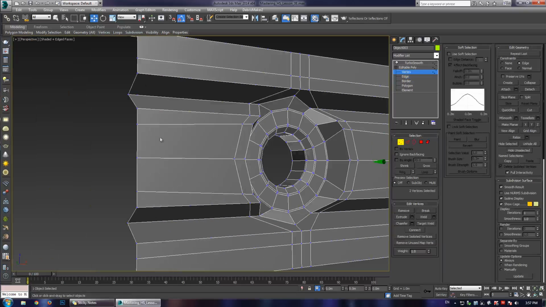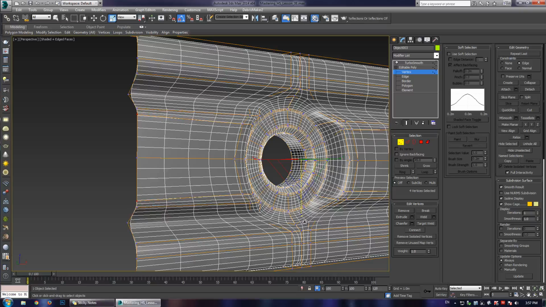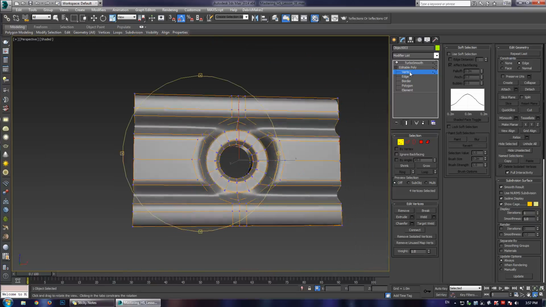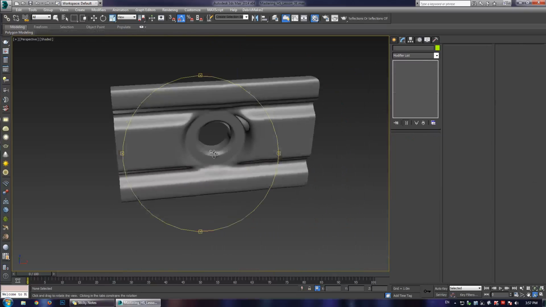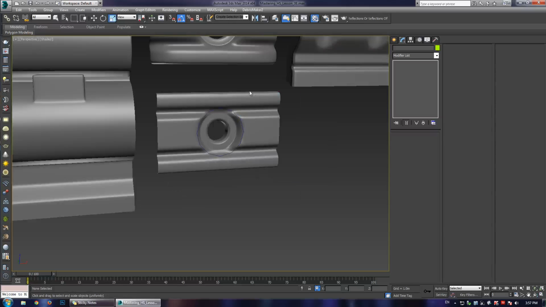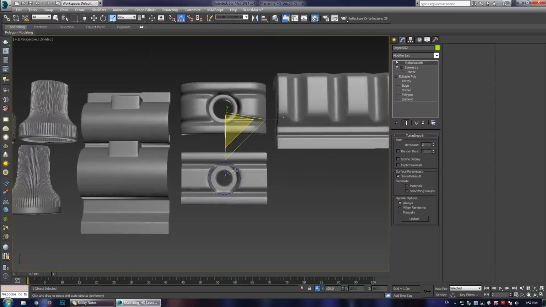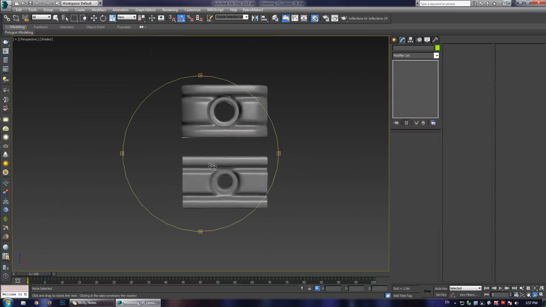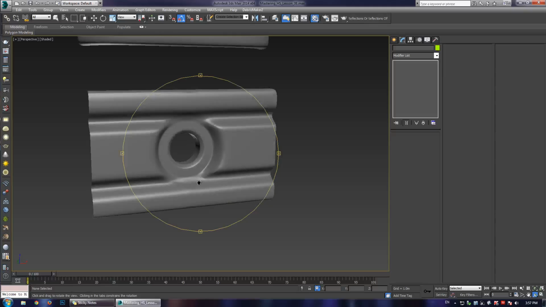Now we can grab these 4 points, and with edge constraint turned on, just scale them up. And there you go. That pretty much wraps up how to create that type of shape. But you'll notice